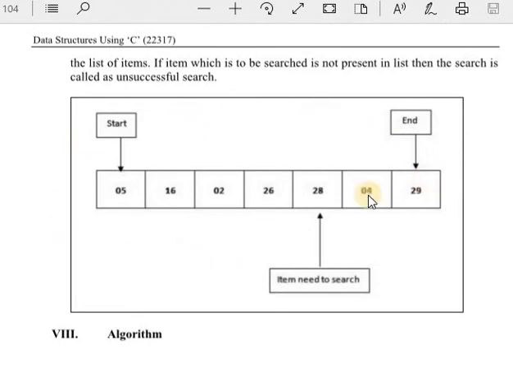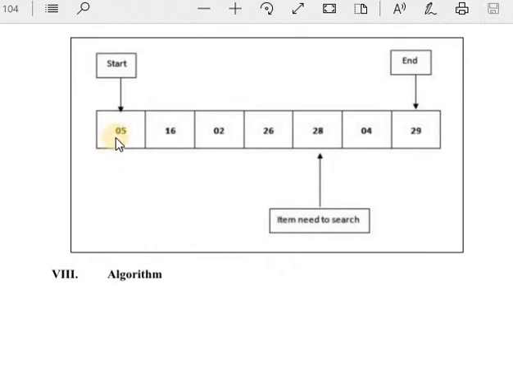For example, this is your array: 5, 16, 2, 6, 26, 28, 4 and 29. It starts from the first number and ends at the last number 29. Suppose we search for 28. First, 28 is compared with the first number, a of zero. If it is equal, then the element is found.